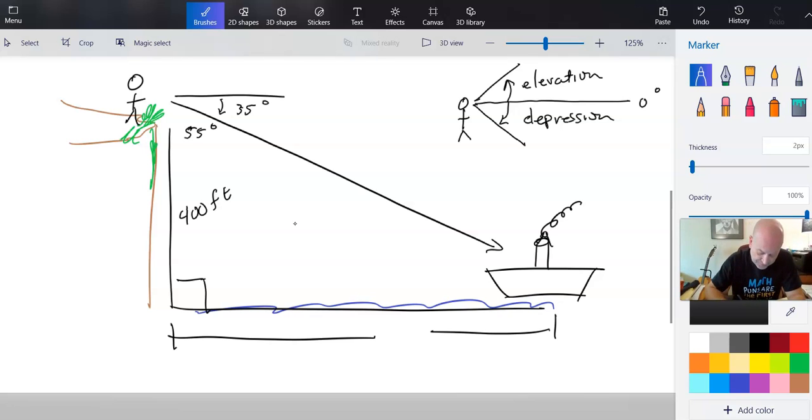Because this forms a right angle up here too. And then from this angle, I'm given the adjacent side, and I need the opposite side. So once again, this is a tangent computation. So that means tangent 55